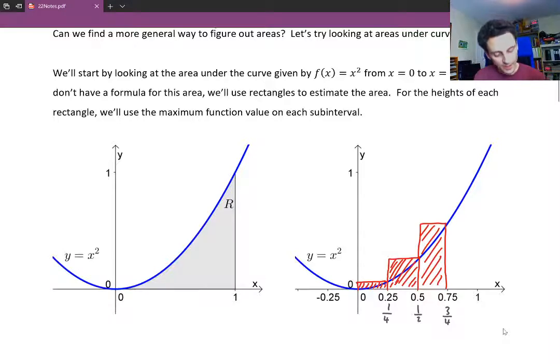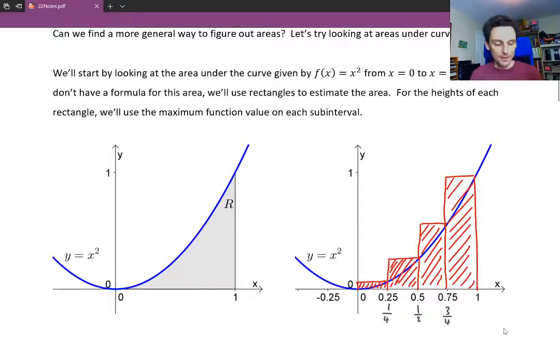And raise up a rectangle. Whoa. I think it's right around here. Easier for me to draw down than up. A ruler, that's what I need. Okay. So there are four rectangles, one rectangle for each subinterval, and we're raising up the rectangles based on what